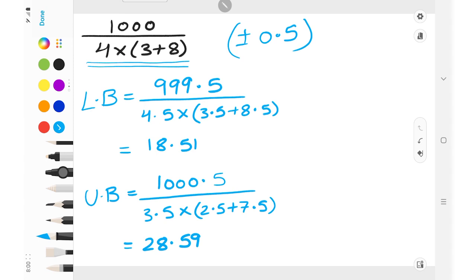This exercise is about lower and upper bound, how to calculate using calculation, and it's for the whole number. In my next video, I will solve for 1 decimal place and more exercises so that you can clearly understand